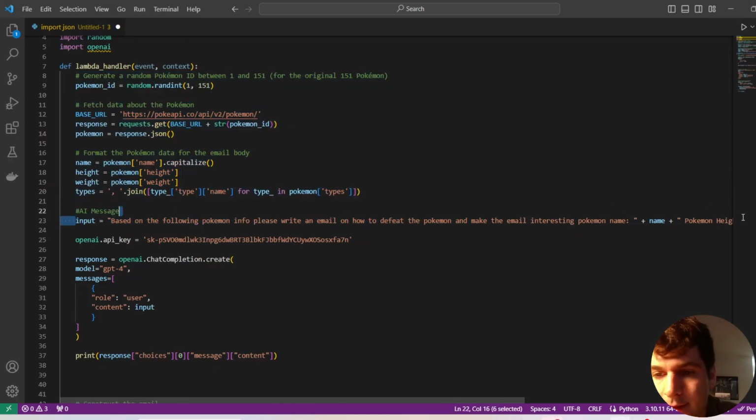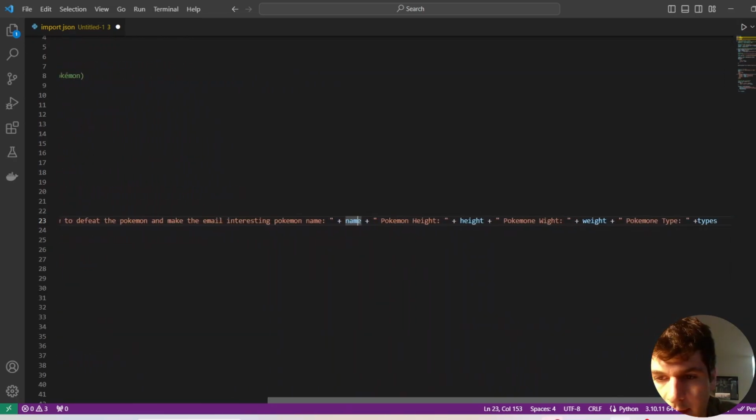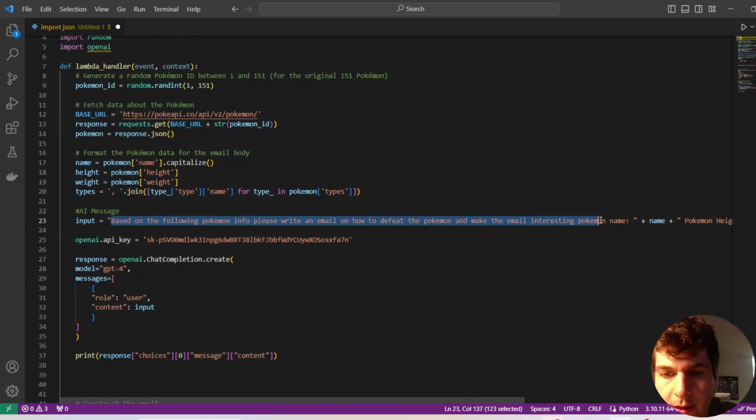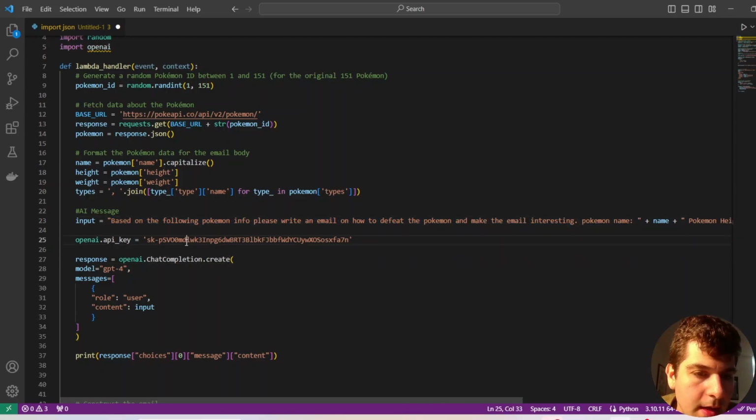So we're going to get the Pokemon, the name, the height, weight, type in here, and we're making a prompt saying like, based on this email, write an email on how to defeat the Pokemon and make the email interesting. Next, I have my API key here. So go get your own API key. I'm gonna revoke this right after this